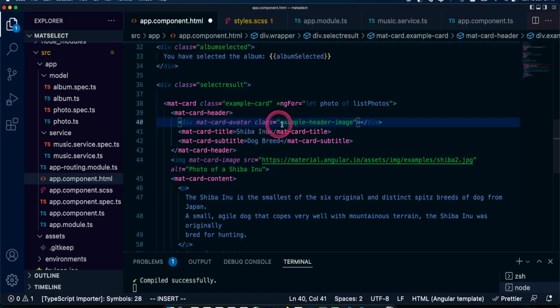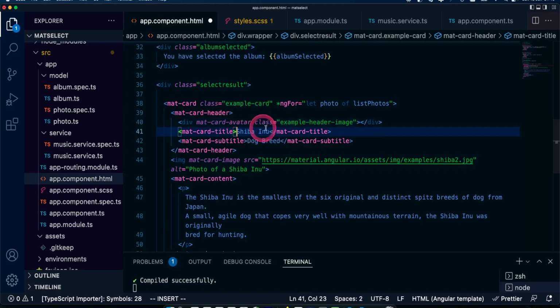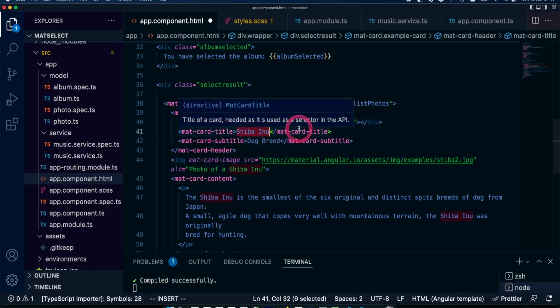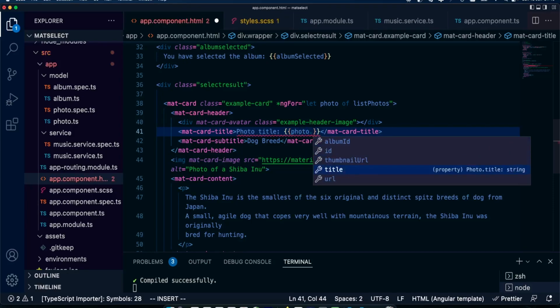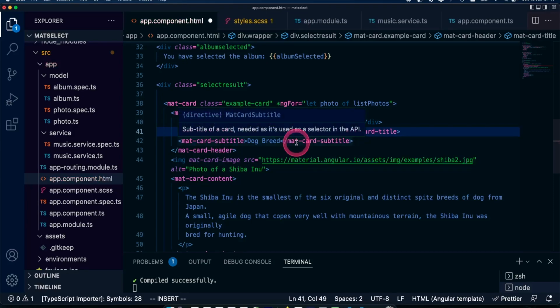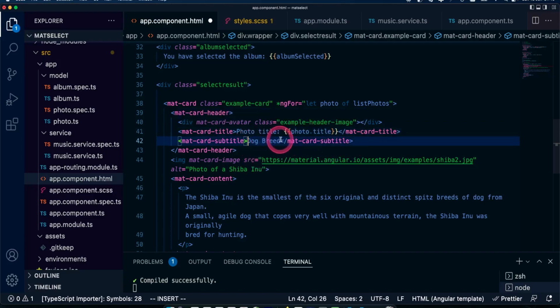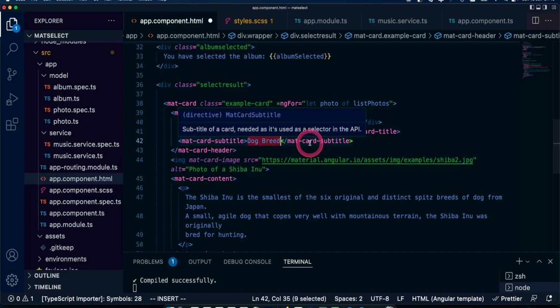Then here we'll pass the title. I'm going to call this photo title. Then I'm going to call this album ID.